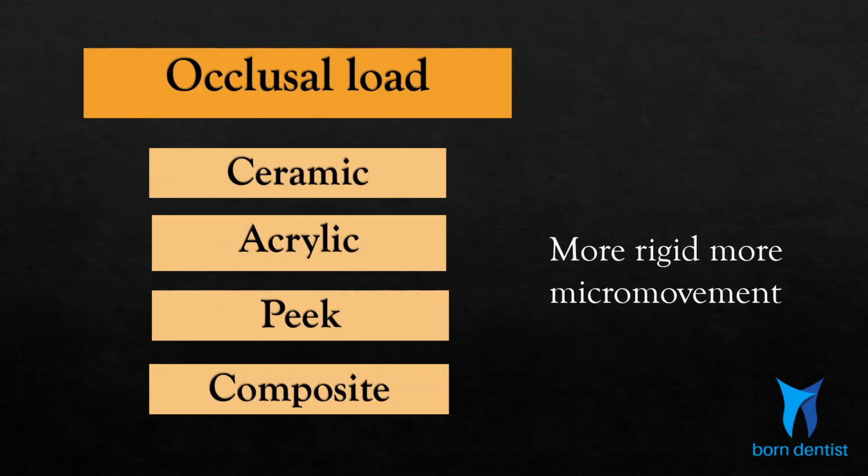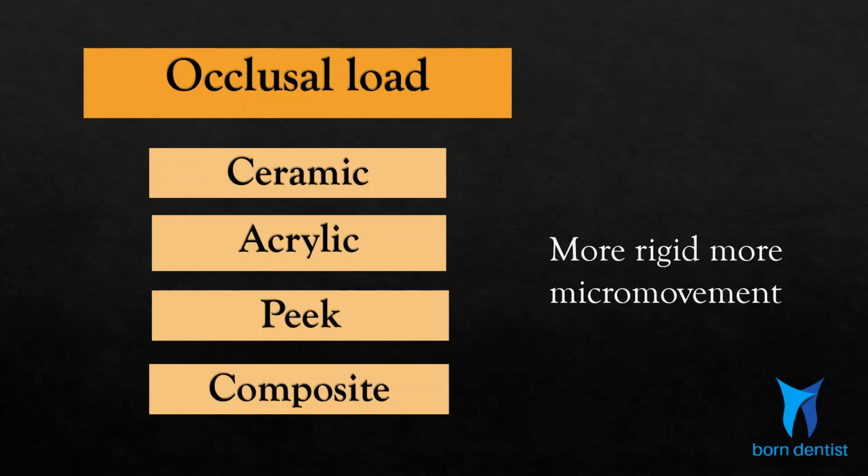Occlusal load is also a major factor. First is to assess the amount of occlusal load in a particular case. If the opposing arch to the implant is an RPD or removable denture, you anticipate less force. Immediate loading is favorable here. But if it is another implant, then the forces are greatest in such a situation. So avoid early or immediate loading.